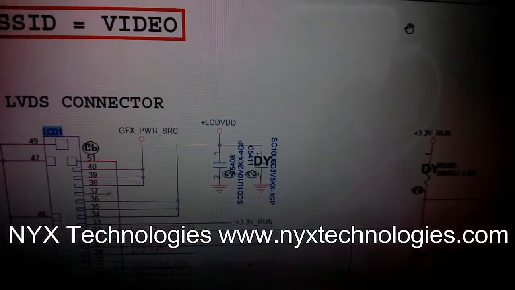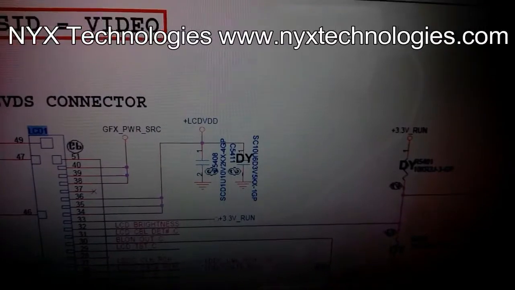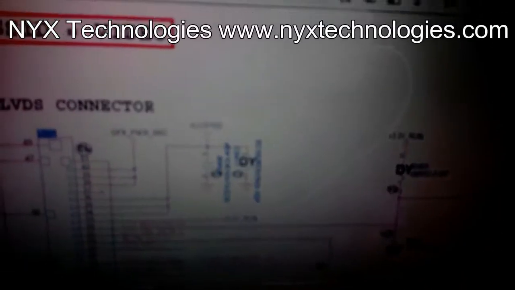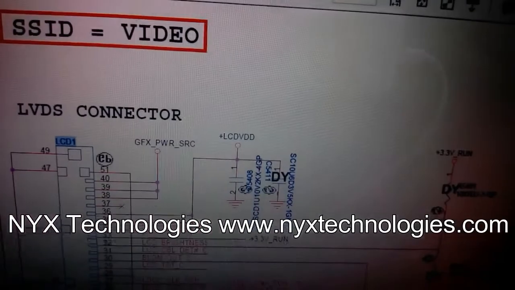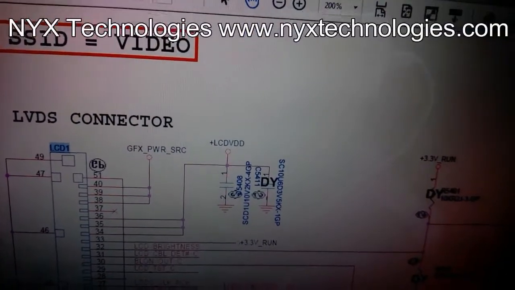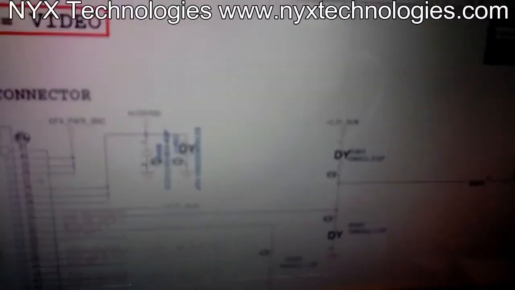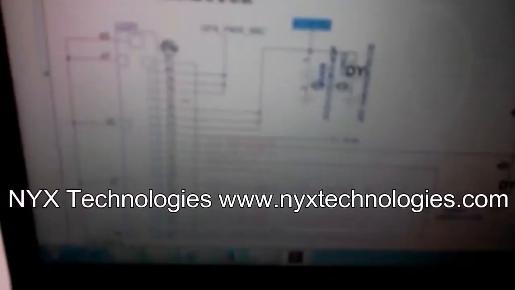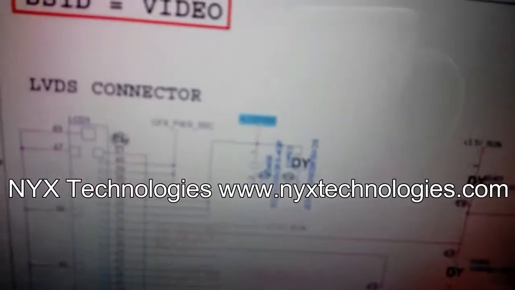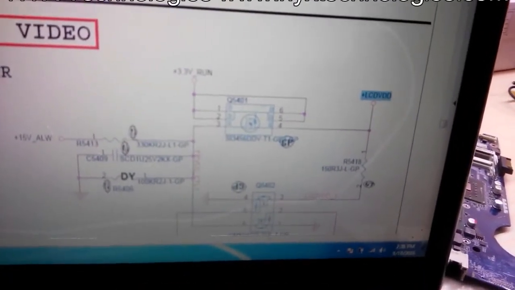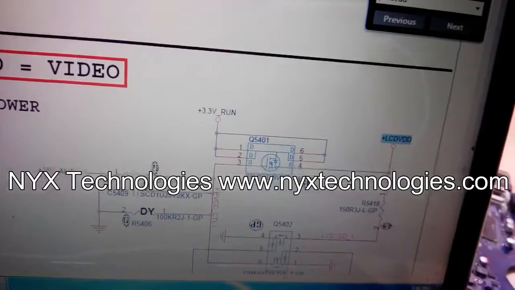We just type the signal name in the find box. The signal name is LCD VDD. It will find where the signal name is. It remains in the same place, so enter once again, and it will go to the next place. So you can see here plus LCD VDD.